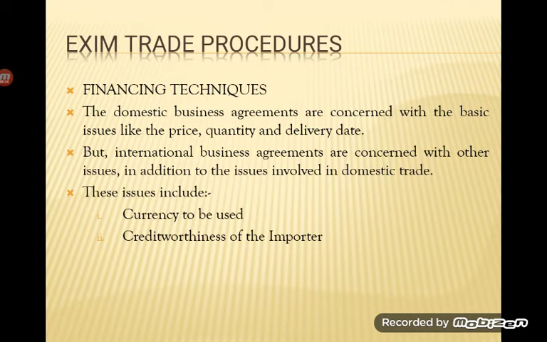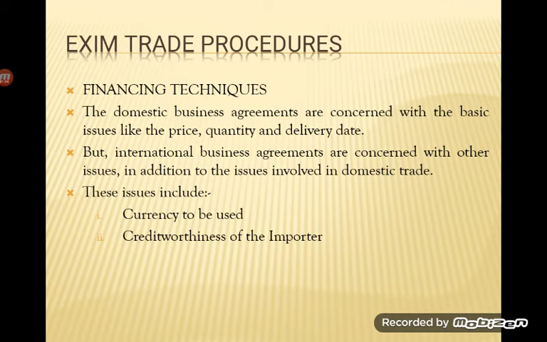As I told you earlier, in international business transactions, the payment by the importer to the exporter becomes very difficult because of the variations in currency values. So whichever currency the exporter is willing to accept must be predetermined. They have to decide what currency they are using in that particular order. When they are going to pay, what is the value of the currency, what exact exchange rate are they going to adopt, because there will be a time gap as well. This is what is called currency to be used as an issue.